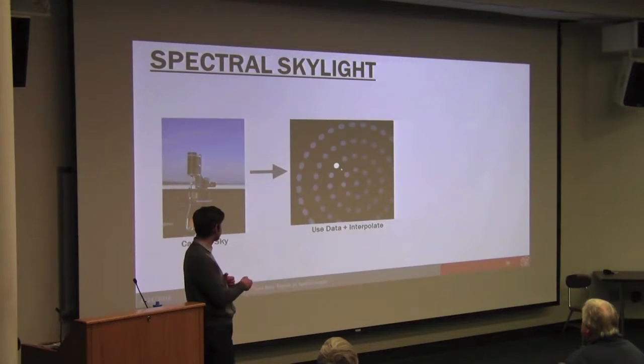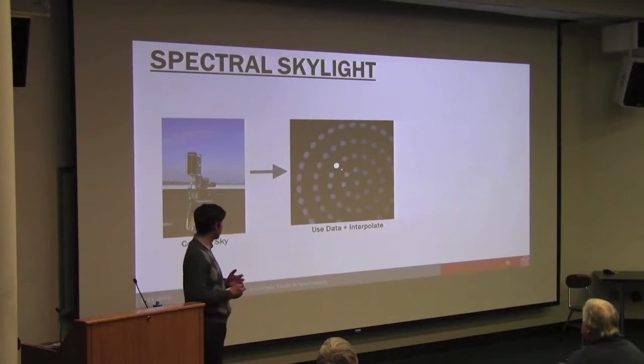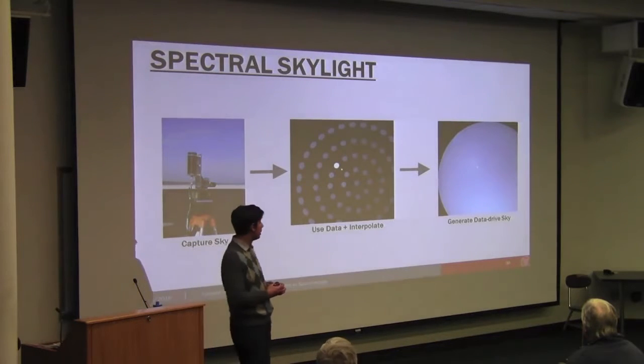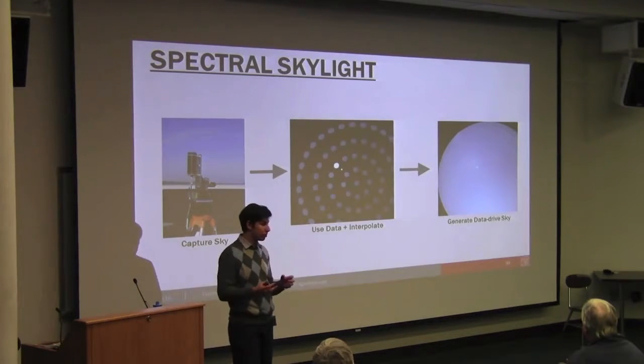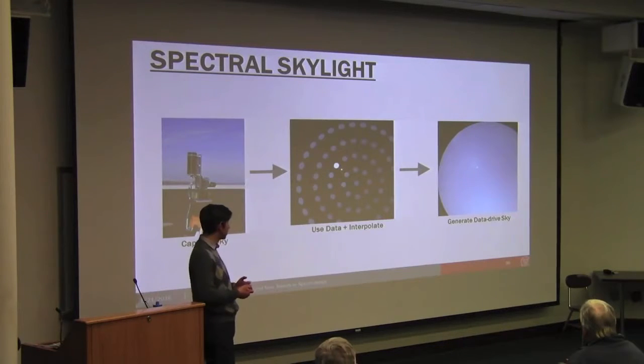We use this data to interpolate a whole bunch of points for the different samples that we have, and then interpolate in them to generate a data-driven sky. So once we actually have this data-driven sky, it's spectral across the entire hemisphere with this interpolation. So at any point, I can point into this and see what that light is going to give me,